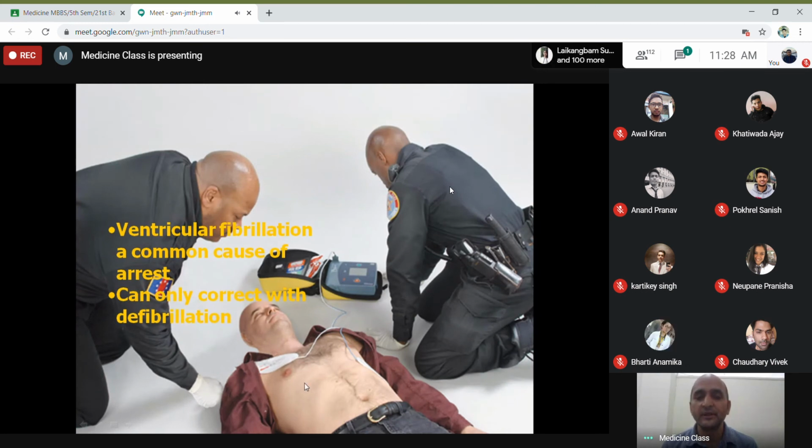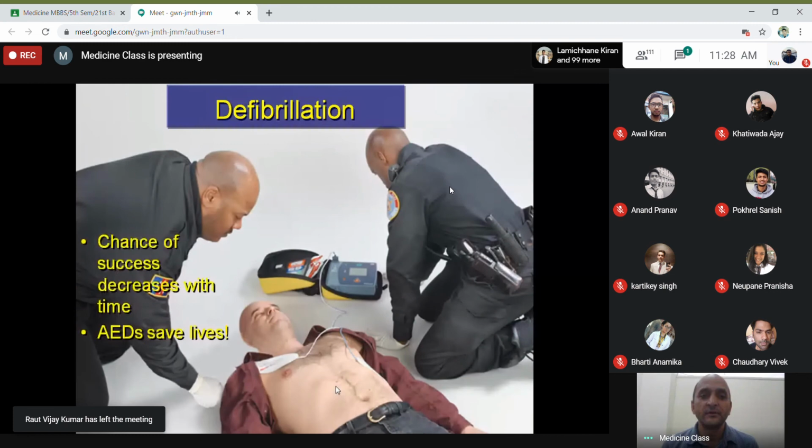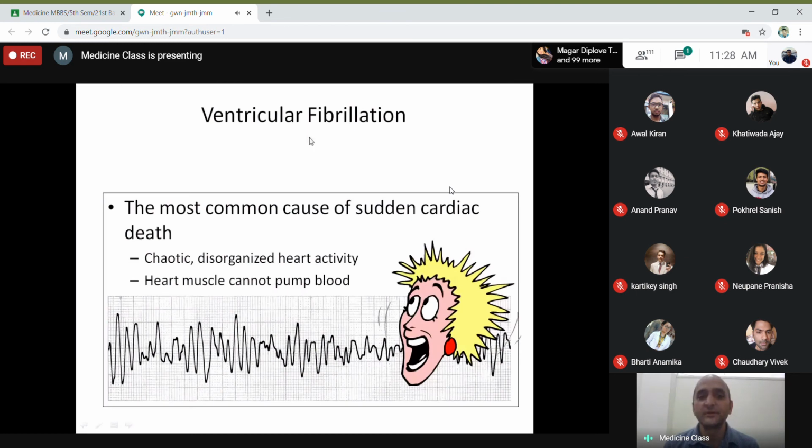Okay, you can give it. You should give the charge. It goes through the SA node to the AV node here. Okay. Then the chance of success decreases with time, and the AED saves the life here. Okay, this is ventricular fibrillation, the most common cause of cardiac death here, and this can be corrected